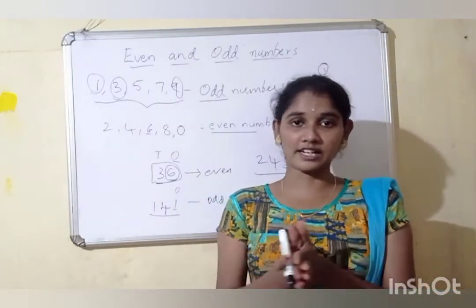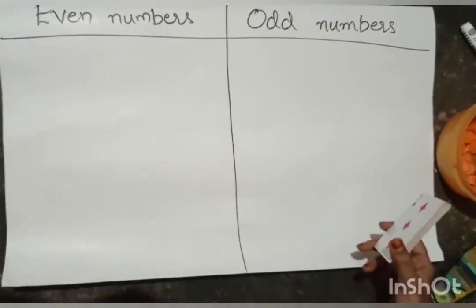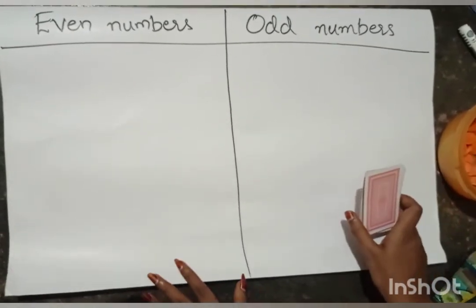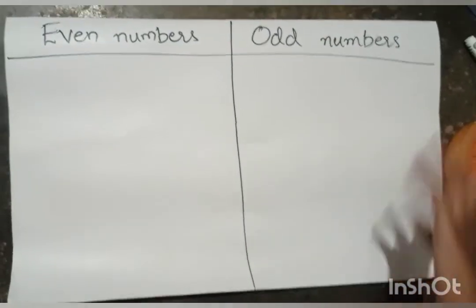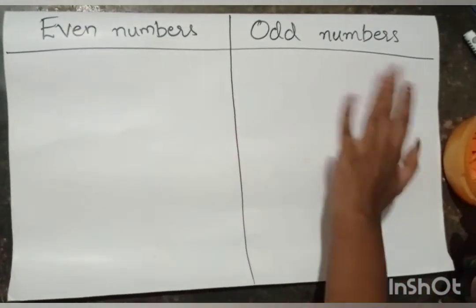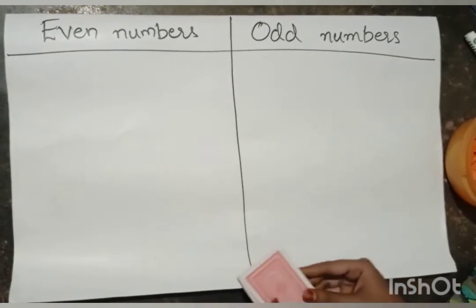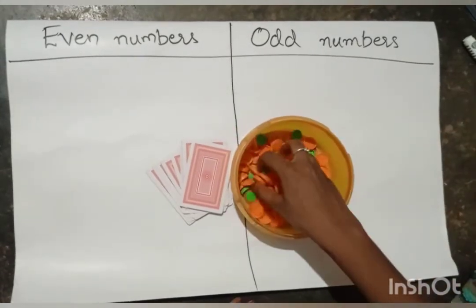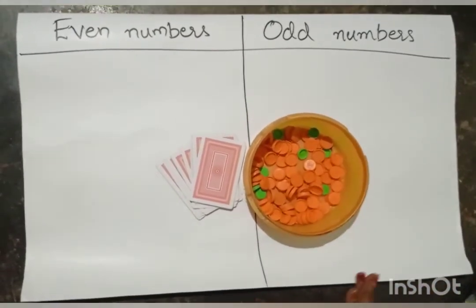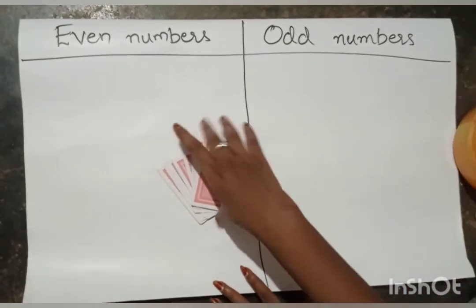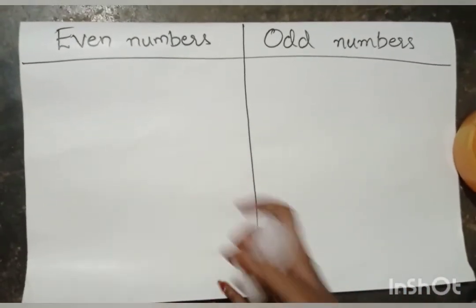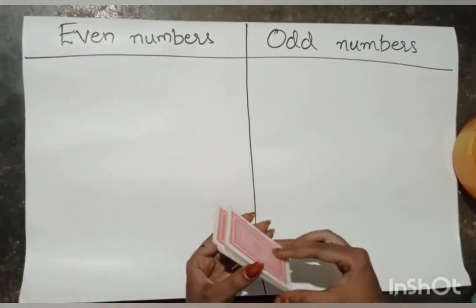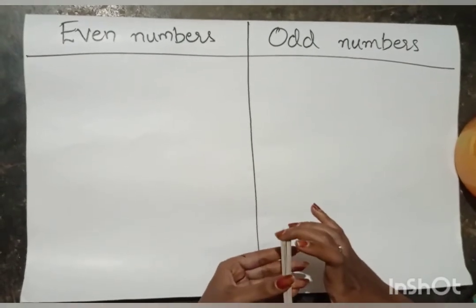Right? Let's do an activity now. To do this activity, you need to take an A4 sheet or a chart paper, whatever. It's up to you. You have to make a table. You can even decorate the borders. One column should be even numbers and one column should be odd numbers. To do this activity, if you have cards, you can take cards. And if you have plain coins, you can also take the coins. First I will tell you, if you have cards, how you can play this game. It's actually a game, not an exact activity. You can play with your neighbor students or friends, whomever you have.